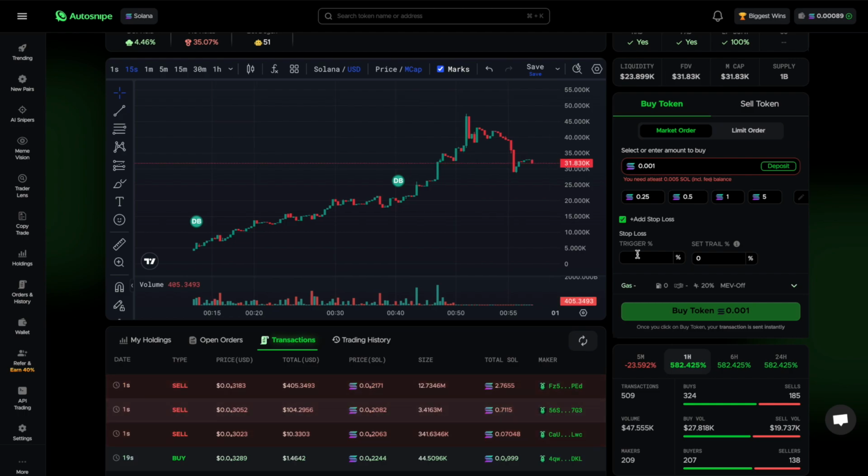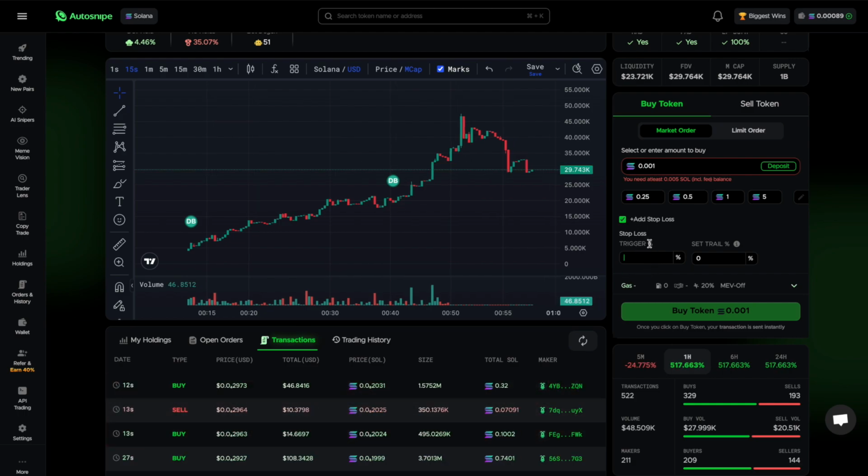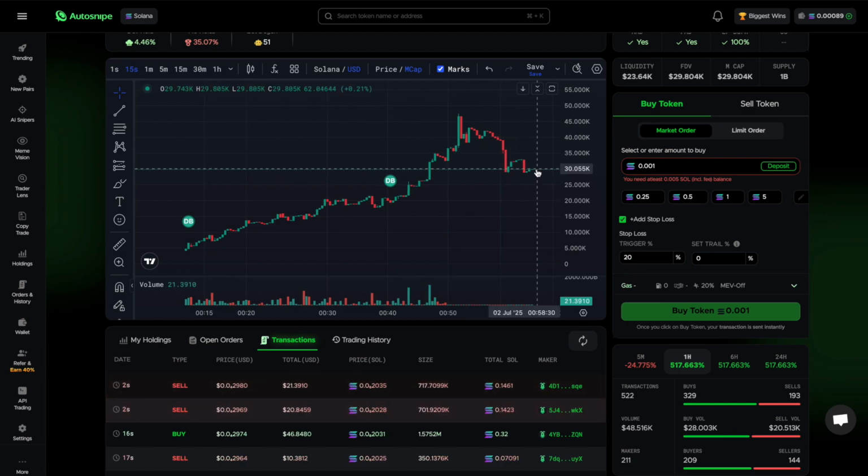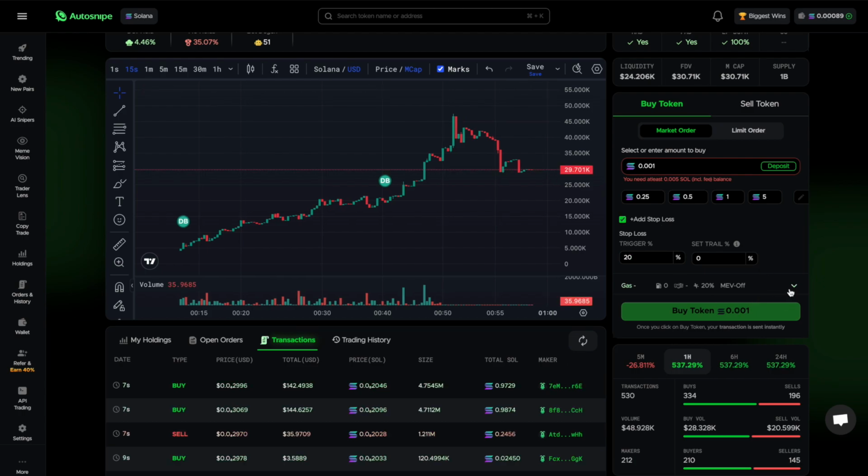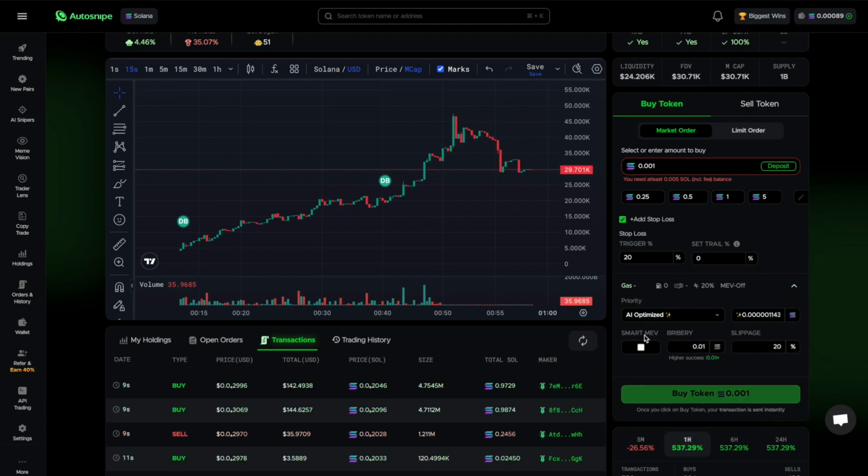Normally you would just set a price, but in this instance you need to set a trigger percentage. So if you put in 20%, for example, that is just going to set your stop loss 20% lower than your current buy-in price. If we open up this little gas menu here, obviously you can adjust your gas fees,